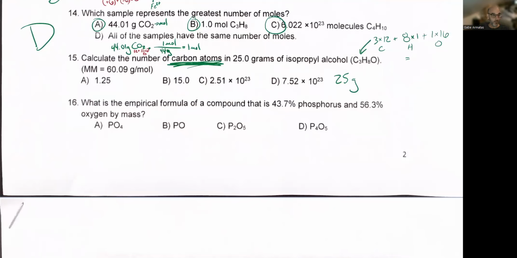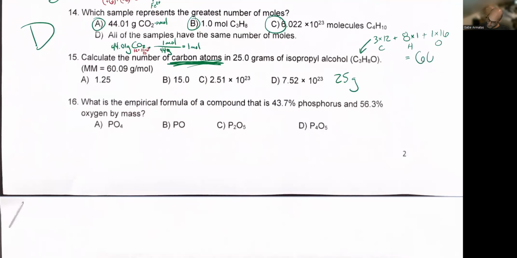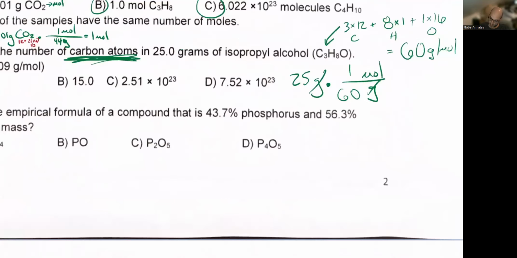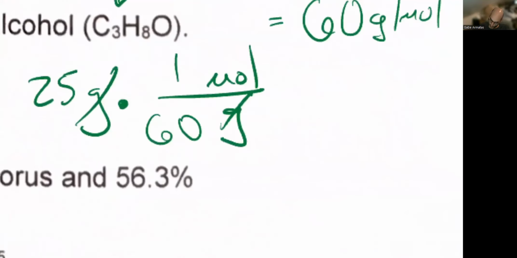Okay, there we go. 12, so that's 36 plus 8 plus 16 gives me a total of 60 grams per mole for isopropyl alcohol. So grams on the bottom, moles on the top. 1 mole is equivalent to 60 grams. So right away, I'm going to figure out moles of